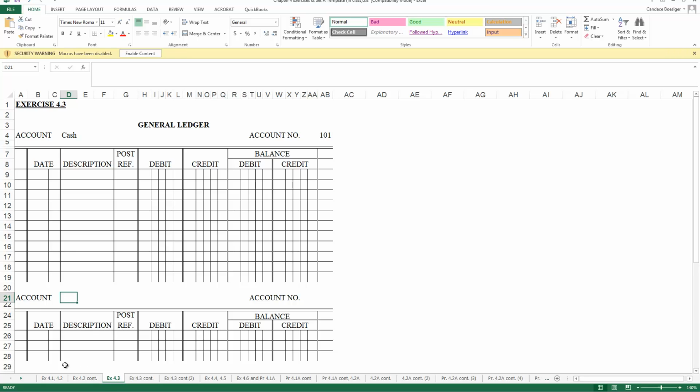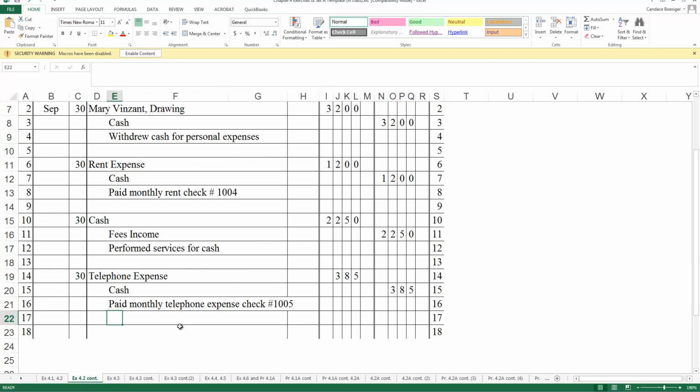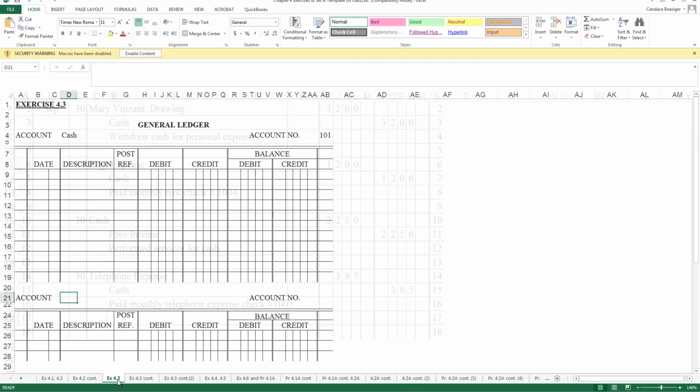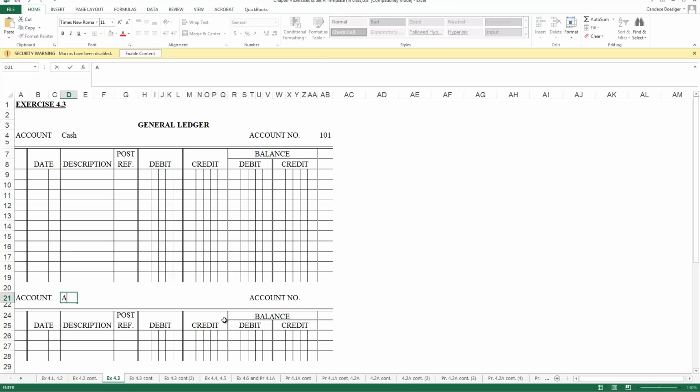So back on here, over here on our general journal, this is a record of all of our transactions, but it does not keep track of any of our account balances. So over here on ledgers, we are going to keep track of our account balances. So accounts receivable,